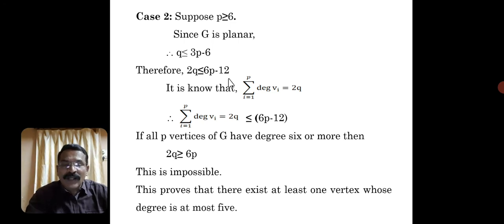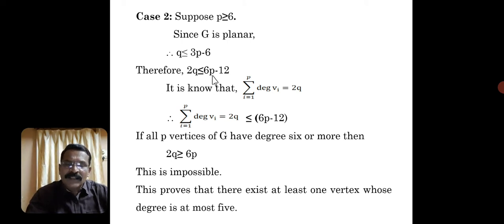But we know one fundamental result in graph theory, that is the sum of the degrees of all the vertices is equal to twice the number of edges. This is the first fundamental result in graph theory, which we already discussed in 5th semester in the first class itself. Okay, the sum of the degrees of all the vertices is equal to 2 times the number of edges. Okay, it implies 2q is equal to, if you compare the previous equation,